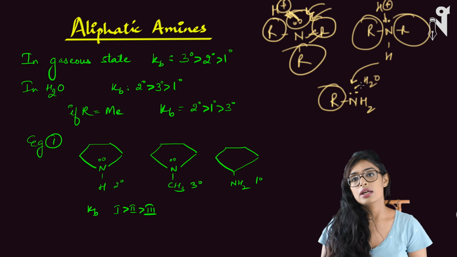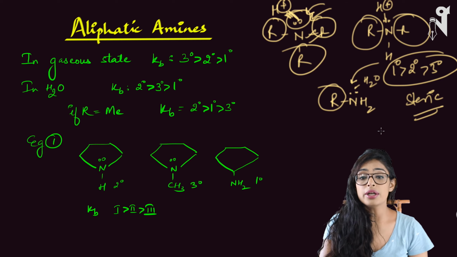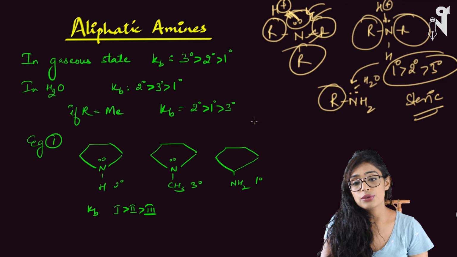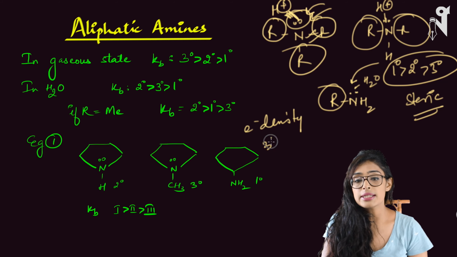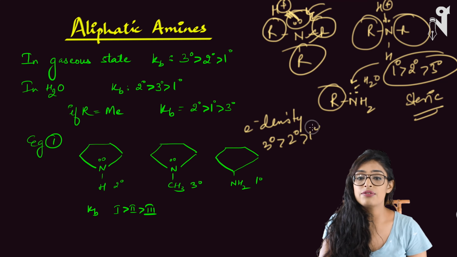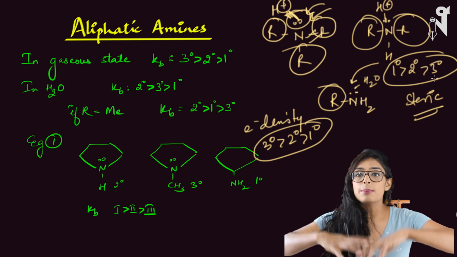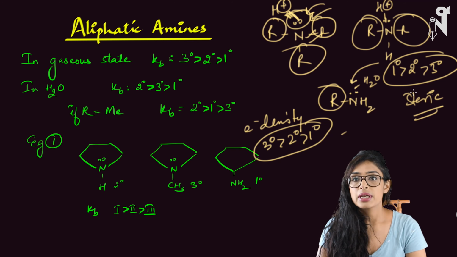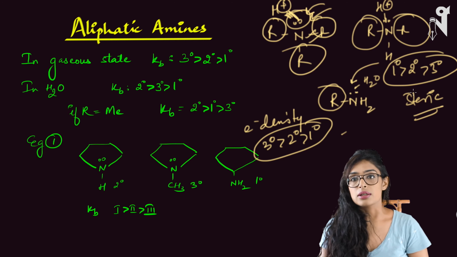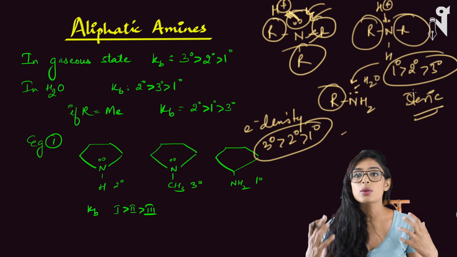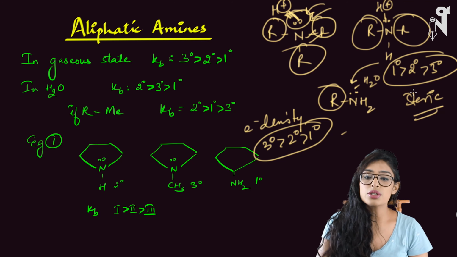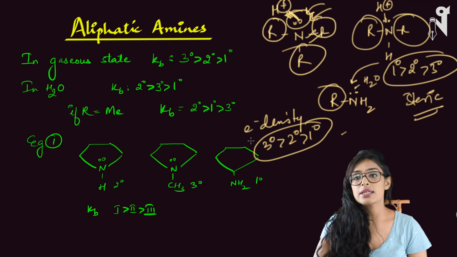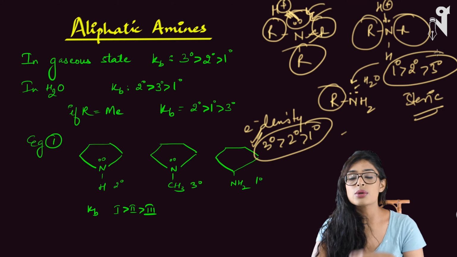Water cannot approach tertiary so nicely. But according to the electron density, if you look at the electron density order, electron density is most in case of tertiary, then secondary, and then primary. So if we take these two orders, they are completely opposite to each other. One is contradicting the other. So in the case of amines dissolved in water, they will be exhibiting both of these factors. One will be nullifying the other, and that is the reason why tertiary in one case is the most basic, and in the other case it is the least basic due to a different behavior.